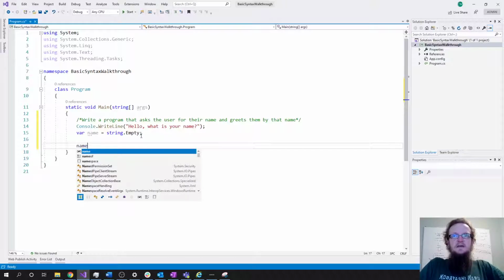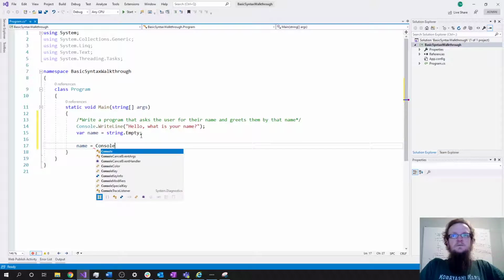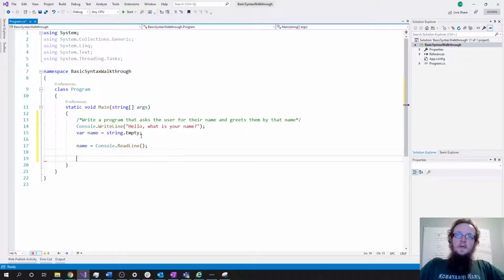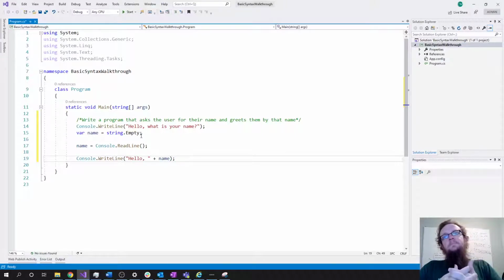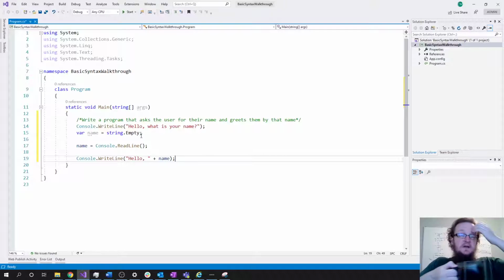And so we can do that by saying name equals Console.ReadLine. That will actually set the name, and then we can do Console.WriteLine, "Hello," name. Okay. So this is the standard, kind of naive way of doing things. We're using string concatenation, as you probably have seen many times before. And if we run this thing,